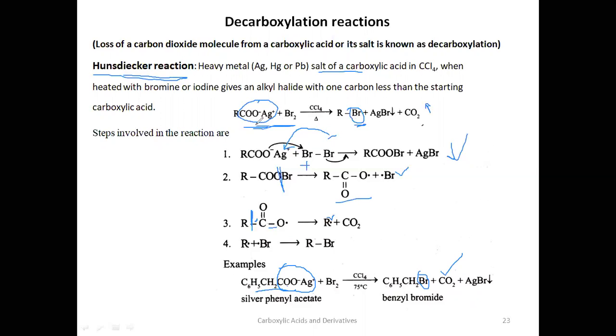So this is acetate. Obviously this is the carboxylic acid chapter. You will remember the starting material. Just remember the product. Once you remember the product, you can write the reagent. So once you remember that, Hunsdiecker reaction means it's the formation of alkyl halide, and it's a decarboxylation reaction. Alkyl halide means you have to use that halogen and CCl4 for heat. Alkyl halide means you have to use that halogen as a reactant.